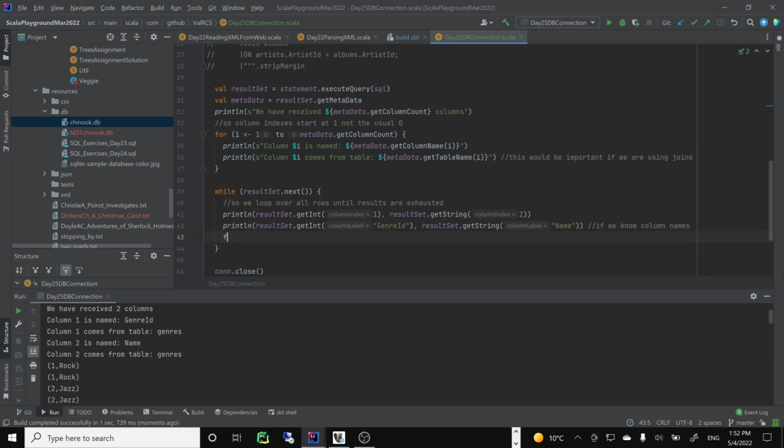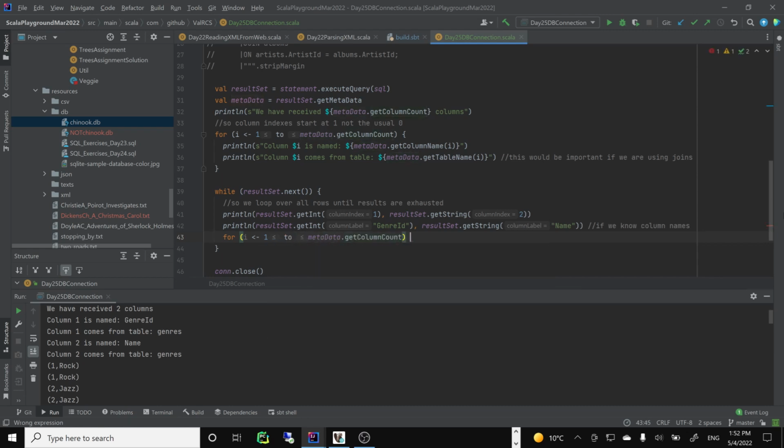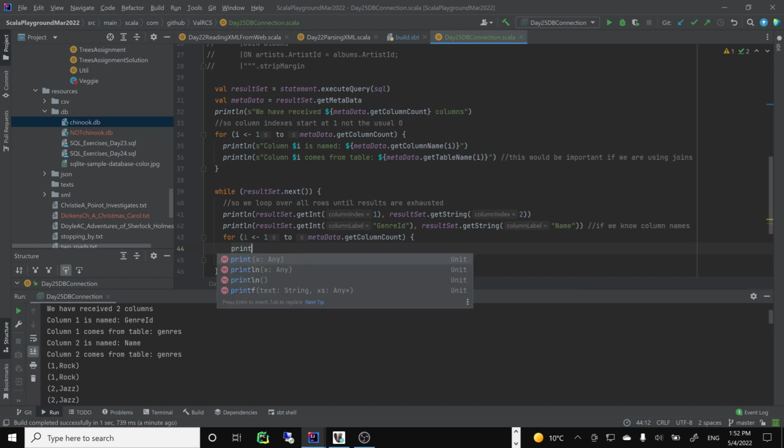We could, of course, do this for i equals 1 to metadata, oh sorry, to metadata get column count, right? And basically print the current row from the result set. So print columns one by one. I'll do print basically. Since I don't want to print just print line, print